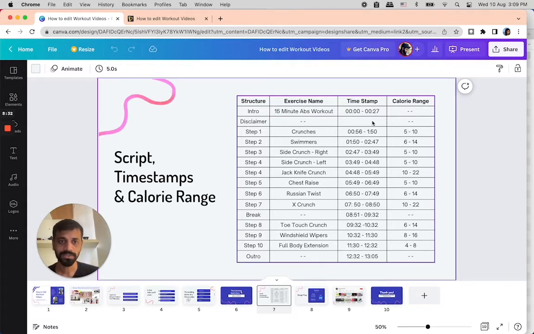Now, along with the timestamp, I've also added calorie range. You would have seen in some of the best edited workout videos, they'll also give you a way to track that calorie range, or you can call it a calorie meter, the amount of calorie you would have burned by a given point of time in the workout session. And to do that, you just have to input for each of these steps what is the calorie burn that you're expecting for a person to have